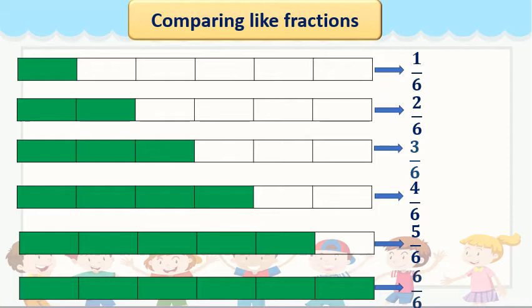Now here we want to compare. So I have taken the same rectangle so it becomes easy for you to understand. The last one, 6 upon 6, that is one whole, because all the divided parts are colored. Now you have to remember this picture. See one part, then 2 parts, then 3 parts, then 4 parts, 5 parts and all the parts. You have to remember the given colored parts. Now we will compare them.